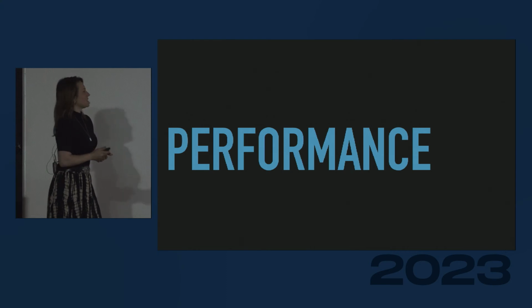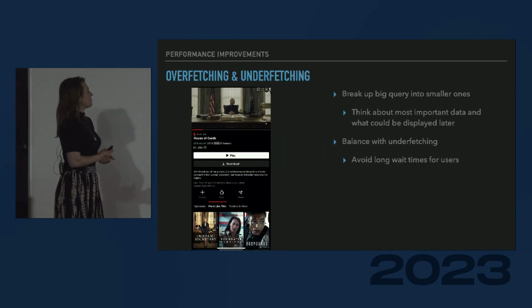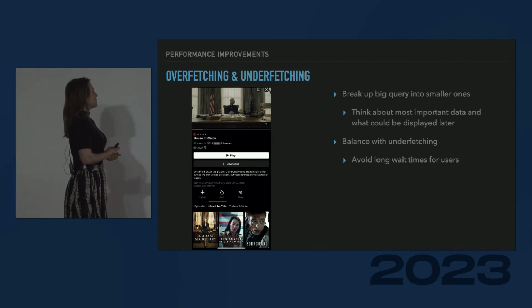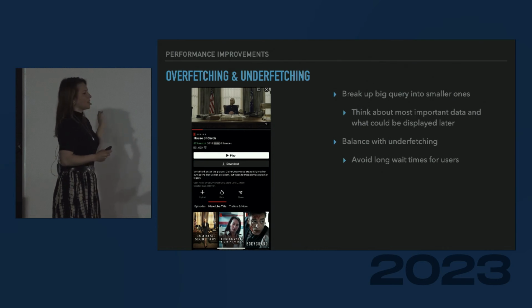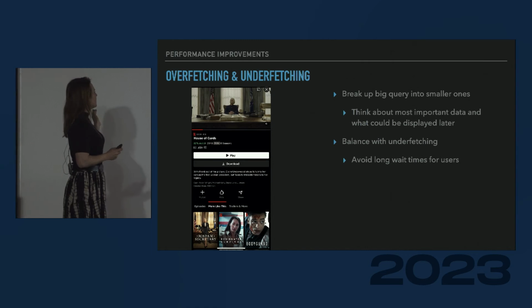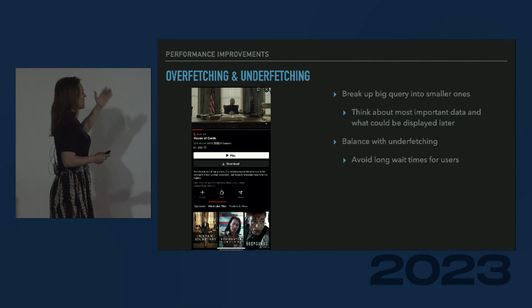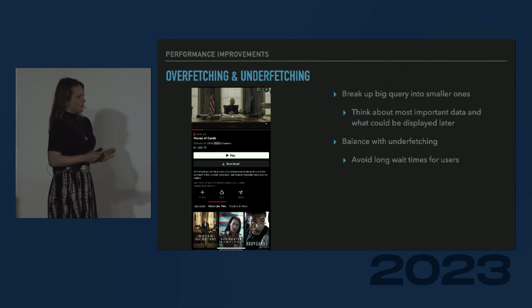Performance. Everybody always loves more performant code. So one thing that GraphQL tries to solve is the overfetching, but you can still do a little bit more. You want to look, for example, at your app and think about what kind of data do I actually need immediately. So you don't need to fetch everything at once. For example, it's probably very, very hard to read, but next to the cast, there's a small more button, which would unfurl and give you the writers and the maturity rating, and that could be in another query.